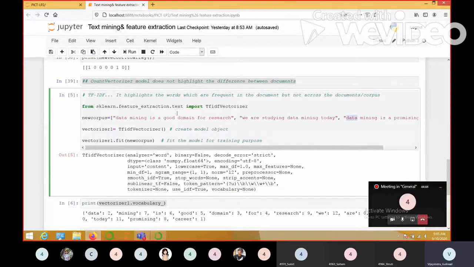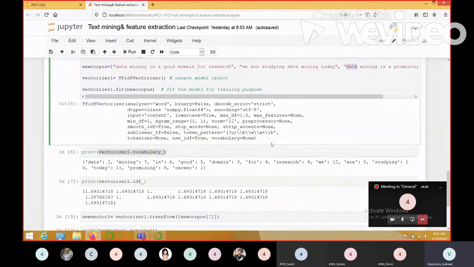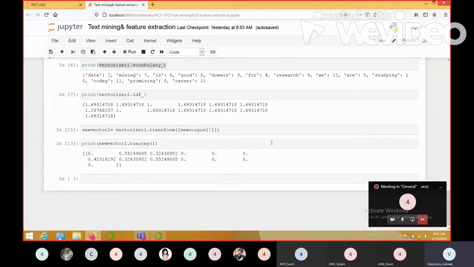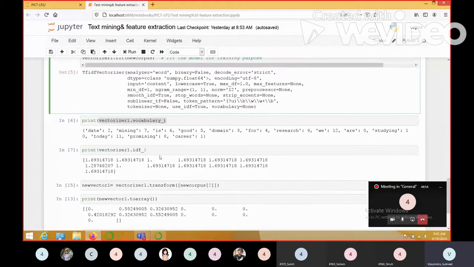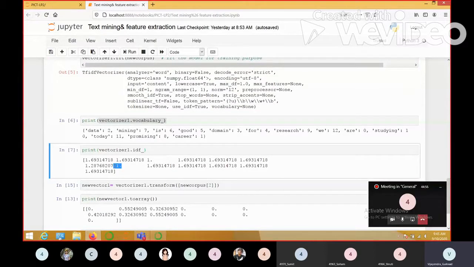Similarly, mining is also occurring in all the documents, right? So its IDF value should also be 1. Let us see whether it is 1. Yes, here. Mining has an index value 7. Let us see 0, 1, 2, 3, 4, 5, 6, and 7.